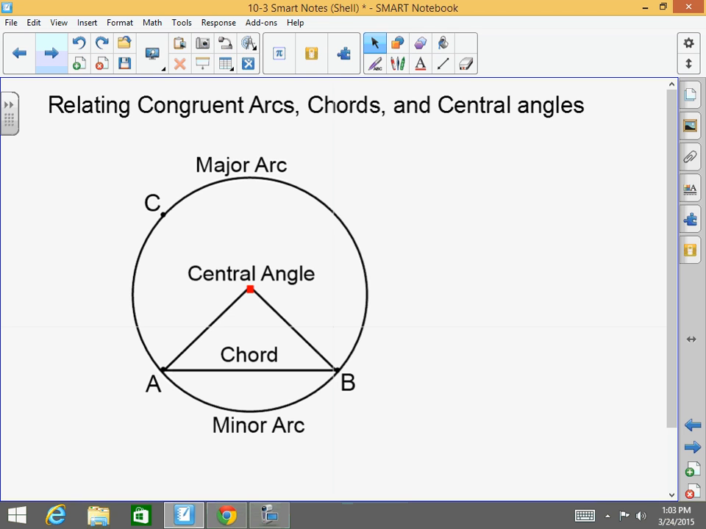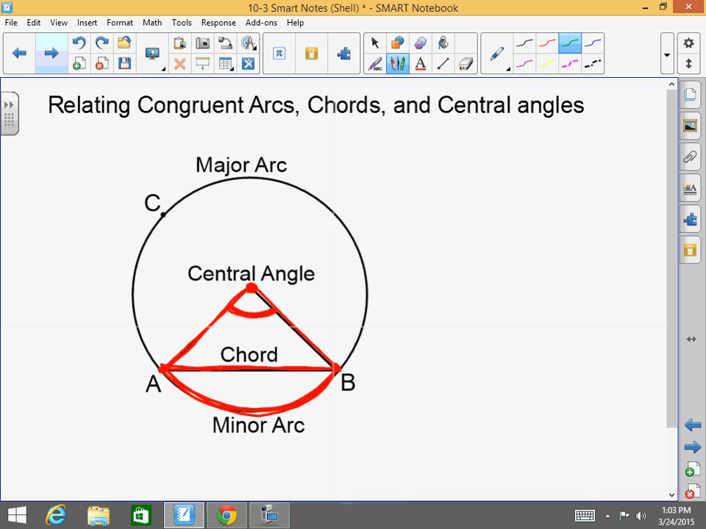Now, when we're relating congruent arcs, chords, and central angles, before we go over the theorems, I want you to understand a few things here. Again, AB would be a minor arc because it is less than 180 degrees. This bad boy right here is the central angle because it is the angle formed by the center of the circle. These two radii form this minor arc. The angle measure of this central angle will equal the arc measure of this minor arc. This bad boy right here is a chord,